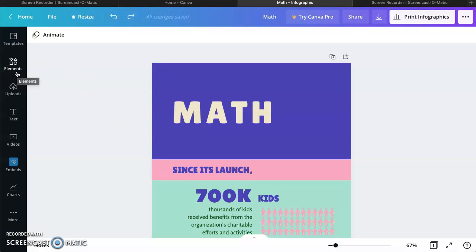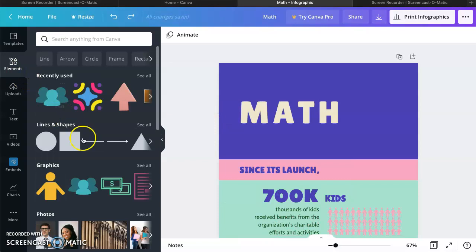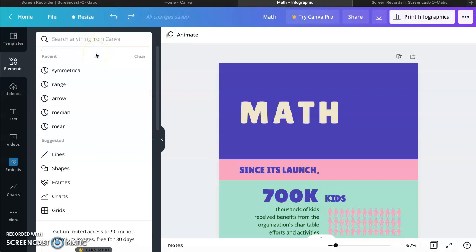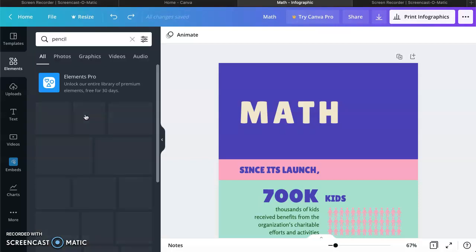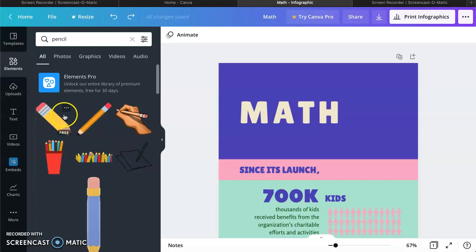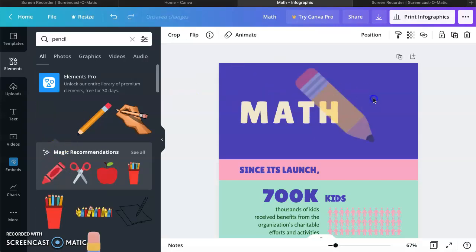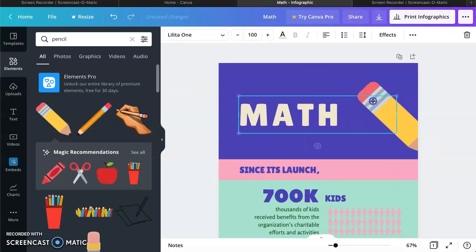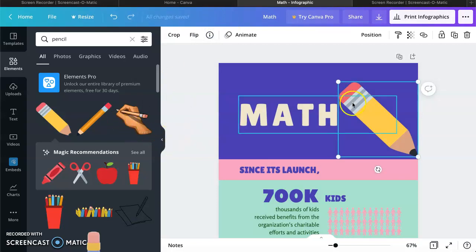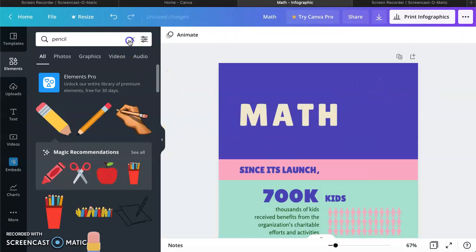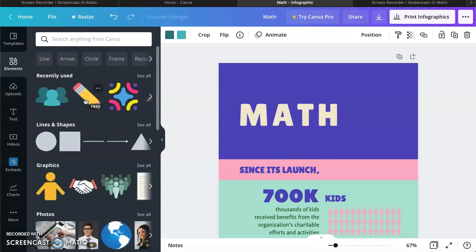Next, you can use Canva's library for elements. So as you can see, there's so many different options you can choose from, and if you search, you can find just about anything you need. Like, say you need a pencil. Found a pencil right here, free to use. Drag and drop it into your infographic. And you can do things such as animate it. You can also have the ability to drag and drop stuff into your